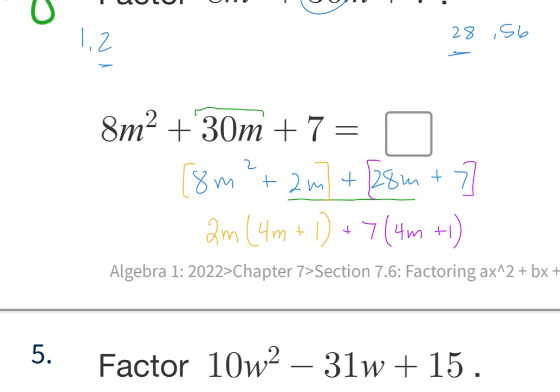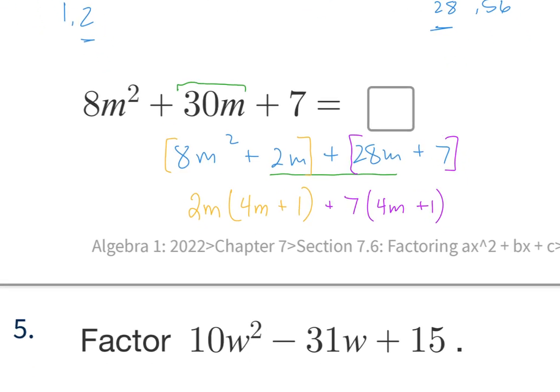And something I told you in class as we were doing this is that your first group will have to match this second group. So it's a big indicator of, oh, hey, the next thing had better match this or we've made a mistake somewhere, okay? So now from this yellow group, we can factor out 4m plus 1. And from the purple group, we can factor out 4m plus 1. And what will be left behind is